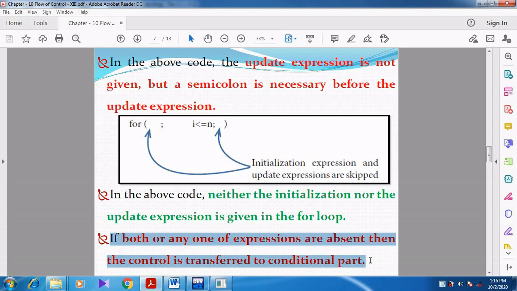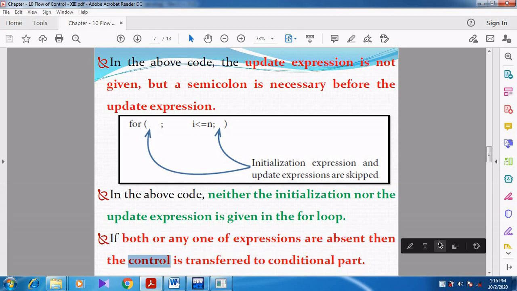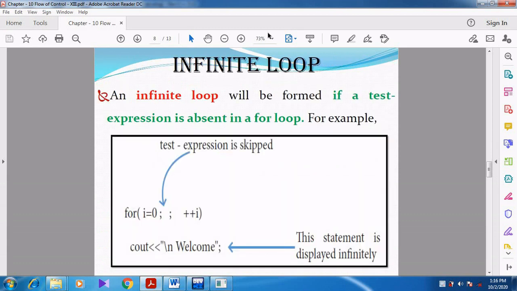The control is transferred to the conditional part, that is the test expression. Right. Now you can see the next concept called infinite loop. What is meant by infinite loop? You might have studied in mathematics that numbers are infinite. We always say that there are n numbers, it is infinity, it will go on.